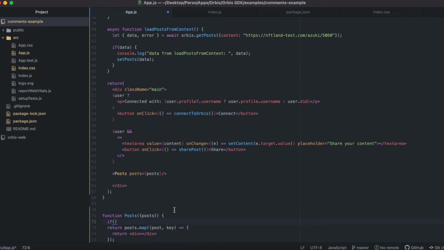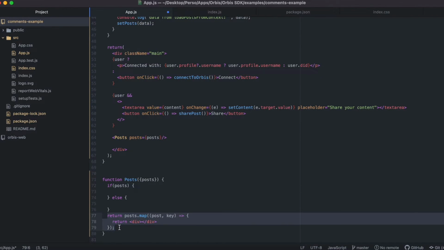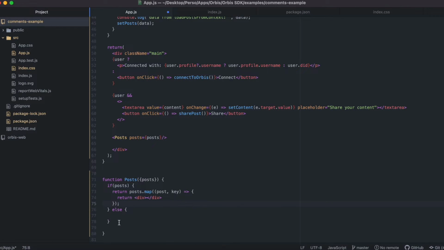So we can just do a conditional thing to make sure that we don't loop an empty object. So this would just be showing the loading state while the object actually contains some array, some posts. So here it's looping through all the posts, and it's going to display